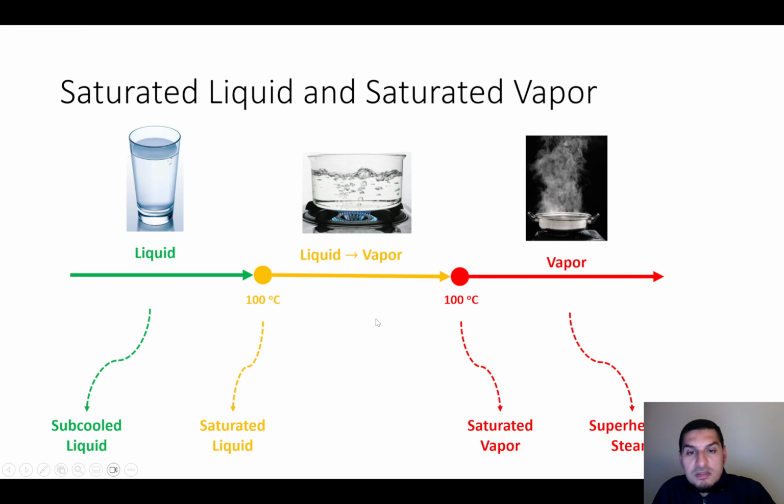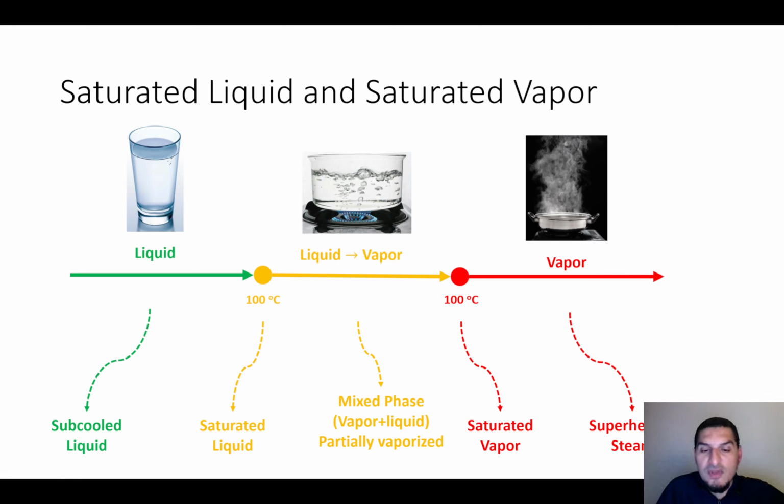So this is the vapor that is at temperature higher than the saturation temperature. And what is between these two is called the mixed phase. So it has coexisting phases, vapor and liquid phases. We call it a partially vaporized mixture. So one important thing that we need to know about the sensible heat and latent heat is that